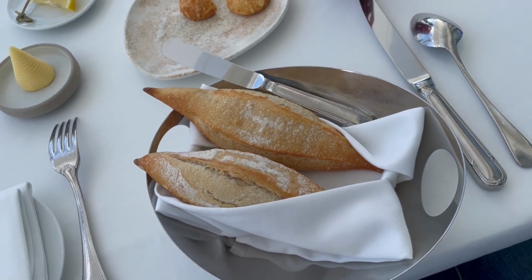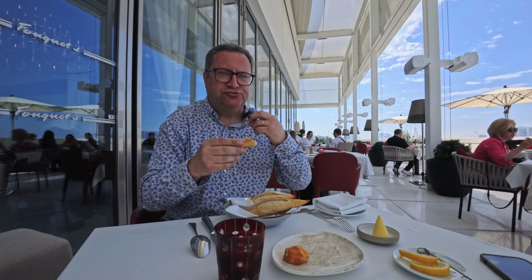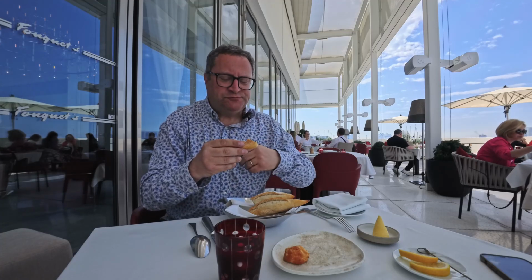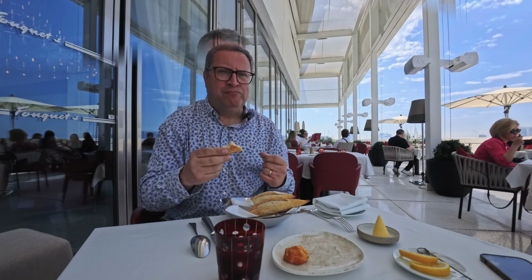Fresh French bread. Looking forward to digging into that. And also, just look at this almost pyramid of butter, which is very, very beautifully presented. So those are some nice added touches and added extras to the menu. It's got a really crisp and crunchy crust, but the middle is soft, almost warm, definitely very freshly baked. The bread, and it's a very generous portion, seems to be included in the menu price rather than added as an extra. We all know that in London restaurants that can sometimes be as much as £5 or £6, and